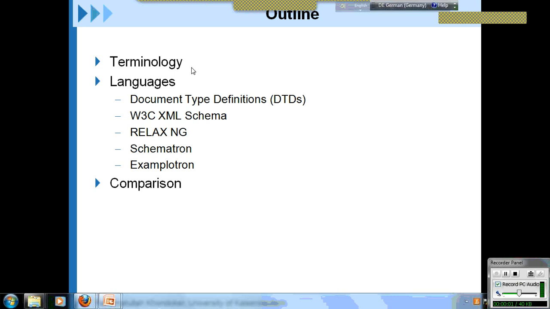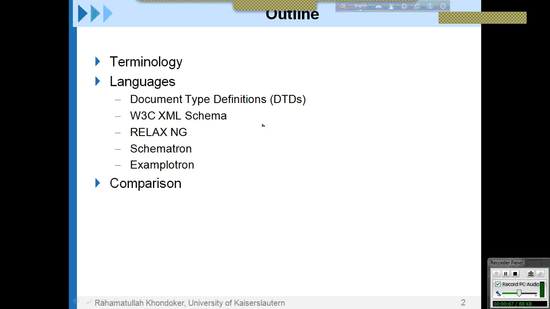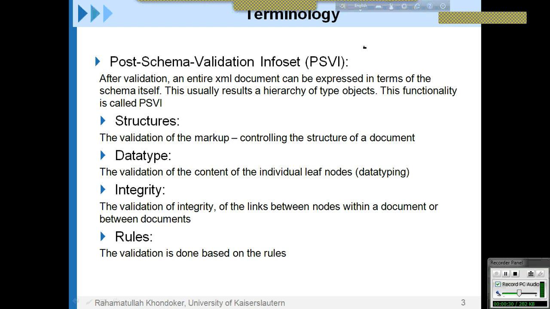Hi everybody, let's compare different schema languages like Document Type Definition, W3C XML Schema, RELAX NG, Schematron, and Examplotron. Before comparing them, we should know the terminology that is used to compare these languages, and then we will summarize the comparison. Now the terminology. At first I will define the different validation aspects, like post schema validation process,